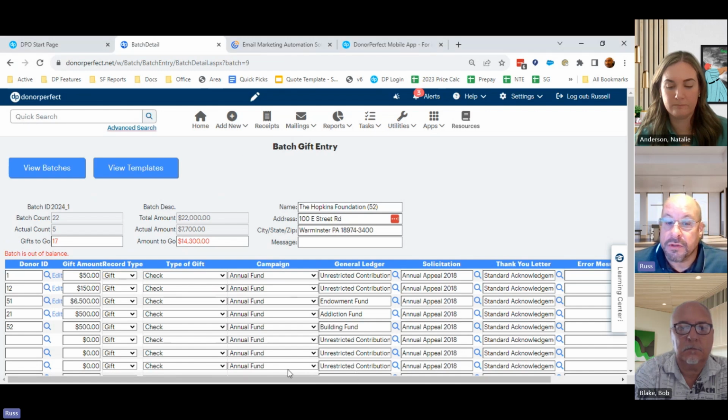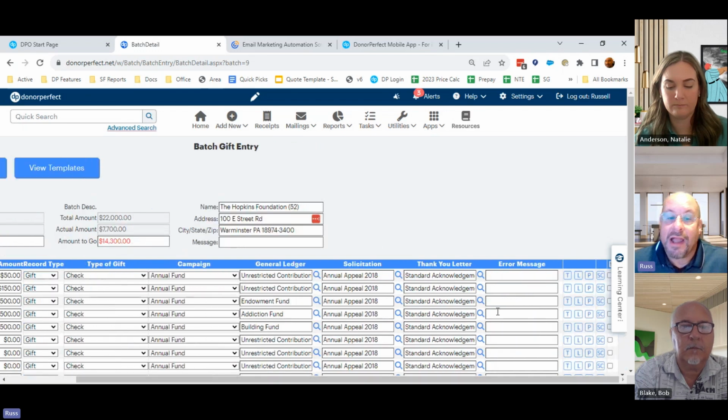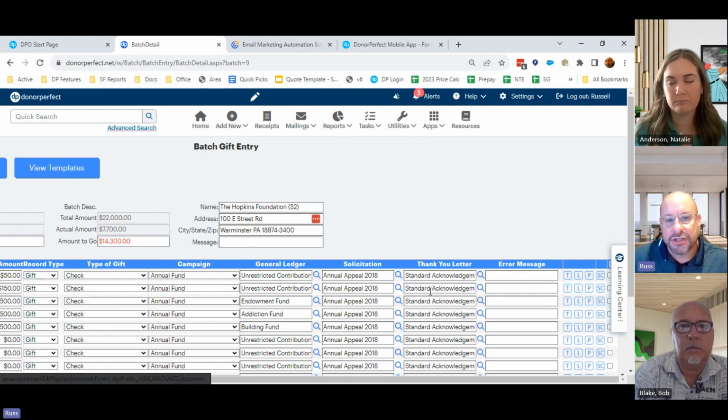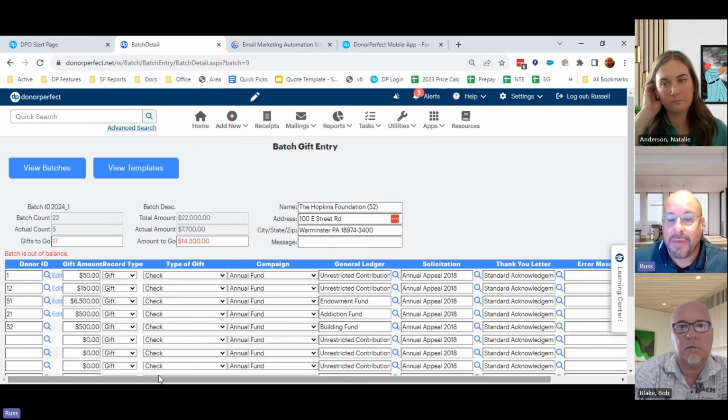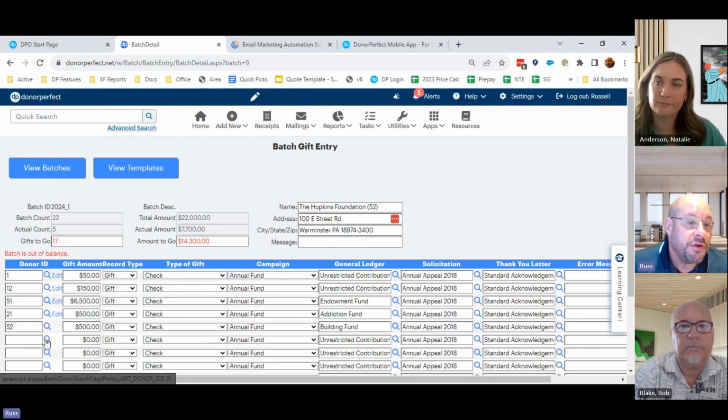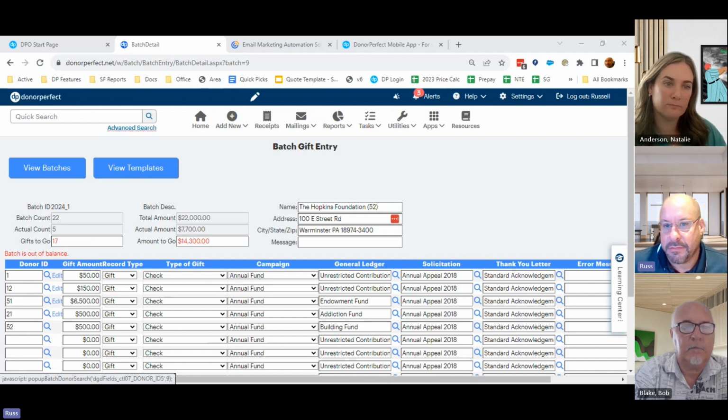All of those full controls are managed here, and even the ability to do very granular controls on those gift entries. Elements like tributes, where an automatic notification is going out to a family member. Soft credits and pledges. If an existing pledge exists, it's automatically going to update it. And if I don't know the donor record, it's very easy to find that constituent in the system. Once everything is reconciled and looks good, we're able to go into the receipting,